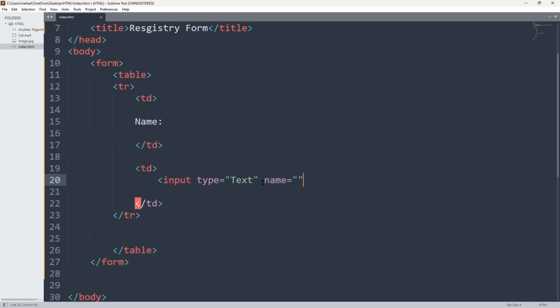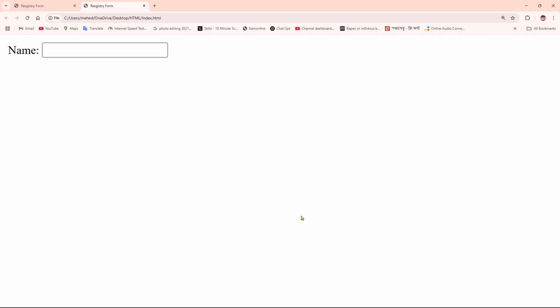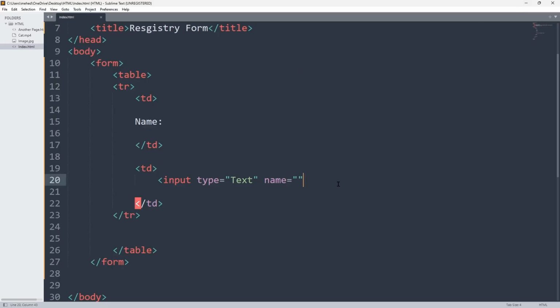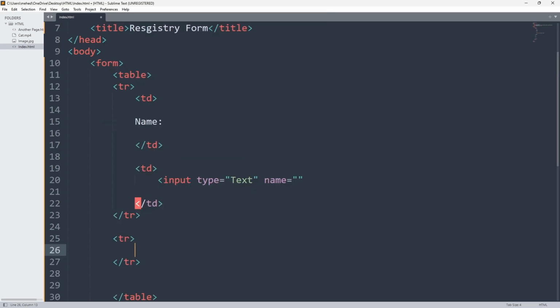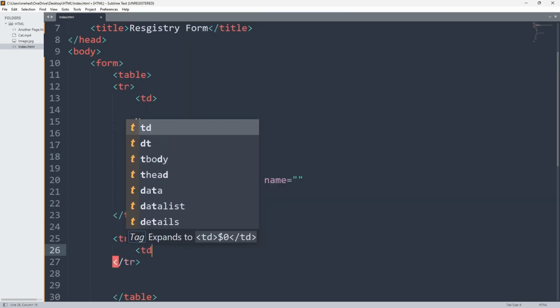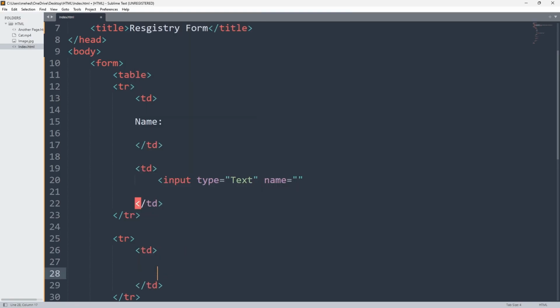After giving this input type text, we will save it and go to see what we are making. So we can see we made the name slot here, and now we will create the password slot. For that we will close the tr tag, and create another tr tag, and into the tr tag we will put a td tag, and into the td tag we will type password,